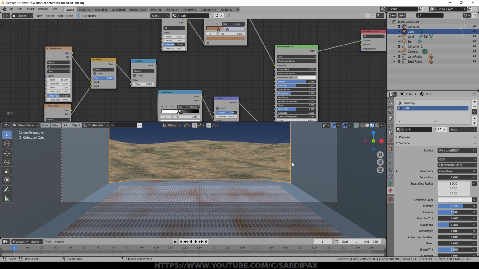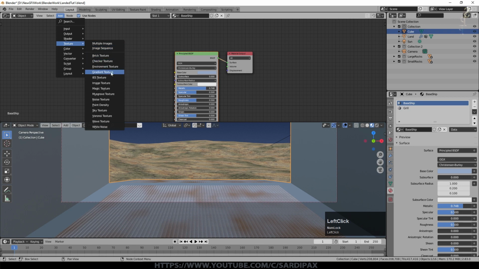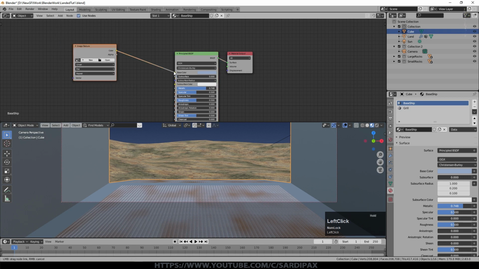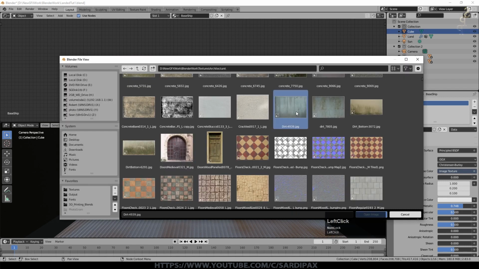So now we'll do a bit of work on the metal of the ship. So we'll go to our ship base material, and first thing I'm going to do is actually add a texture. So I'm going to go up to here, add a texture, image texture, and we'll just connect that straight in for the moment. And you need some sort of dirt type texture. So this is the one I used.